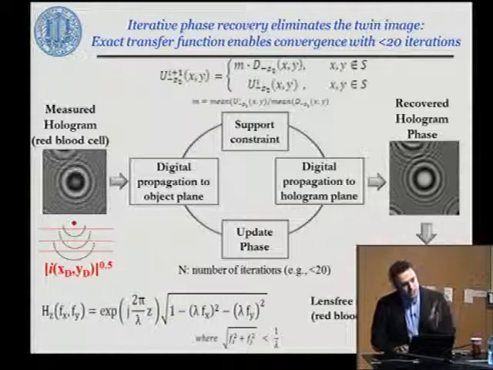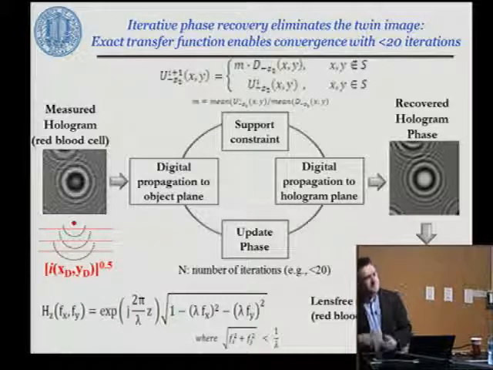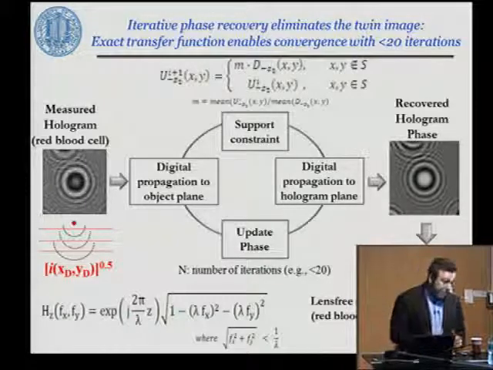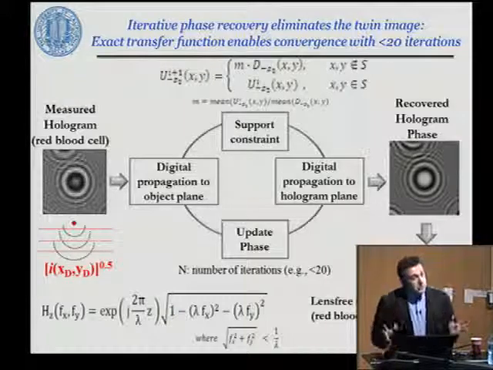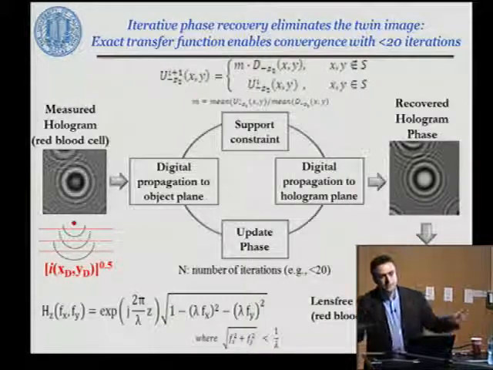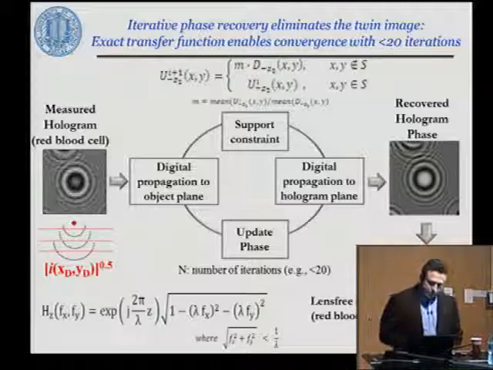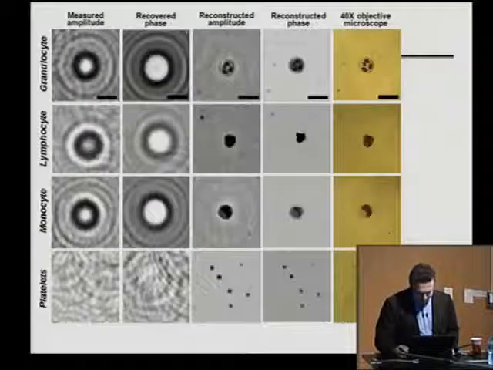But this is a good start to understand that you need to do phase recovery, and we always do this iteratively. And typically, these are fast algorithms that rely on FFTs. And GPUs help a lot because different parts of your field of view can be distributed to different cores.